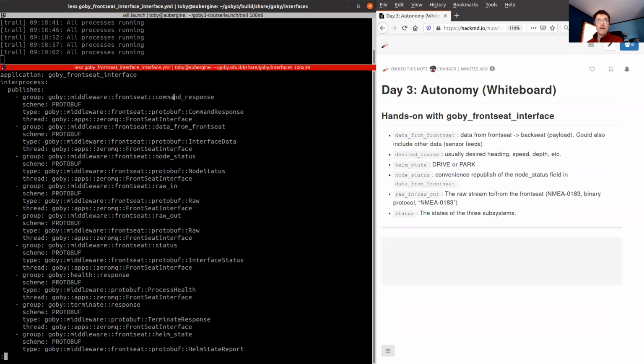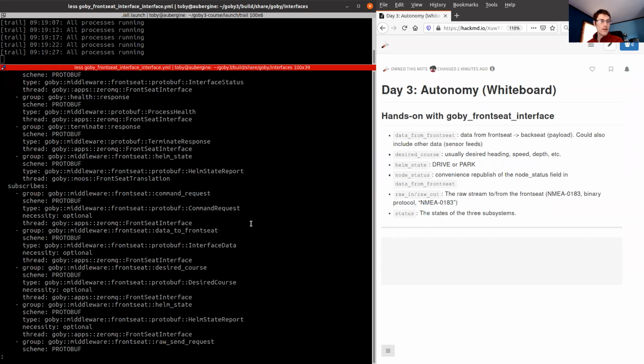So that is done. We don't acknowledge the desired course commands, at least in this simulated driver, mostly because if you miss one, you just want to send the next one. You don't care about the fact that you missed one as much as you want to just keep sending the newest. And the other message that we haven't seen, or we're not seeing in the simulator right now, is down here.